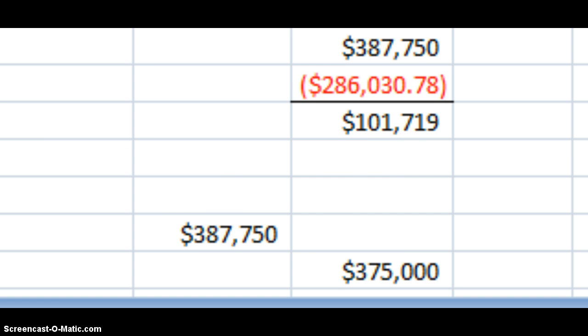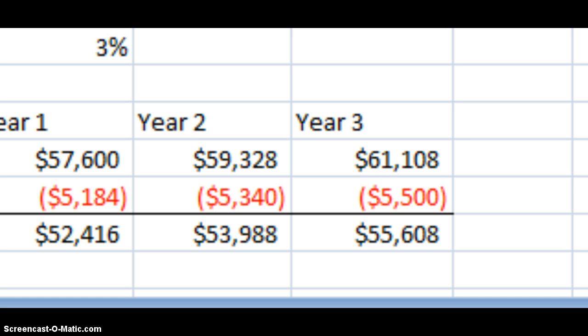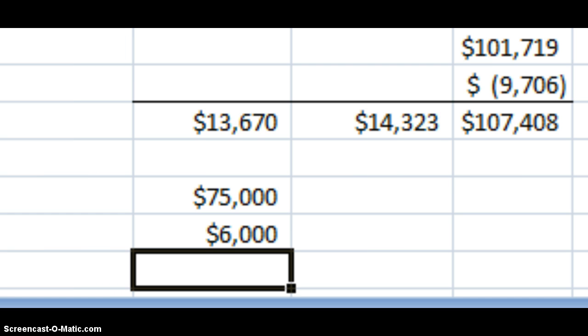Then initial equity equals original cost minus loan plus improvements. We'll pull that up from here. So initial investment is going to be those summed up. So the first year is going to be a negative initial investment. So IRR is going to equal, we're going to use the IRR function. So values,